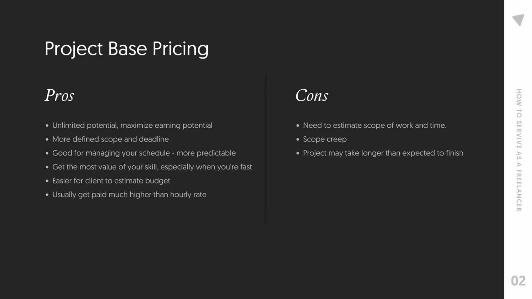But there are a lot of ways that you can avoid it. You can have a clearer scope, and when people ask for things to get done that are not in the scope, you can either tell them to take out some of the things that are already in the scope and replace them with the new one that they want you to work on, or they just pay more money.